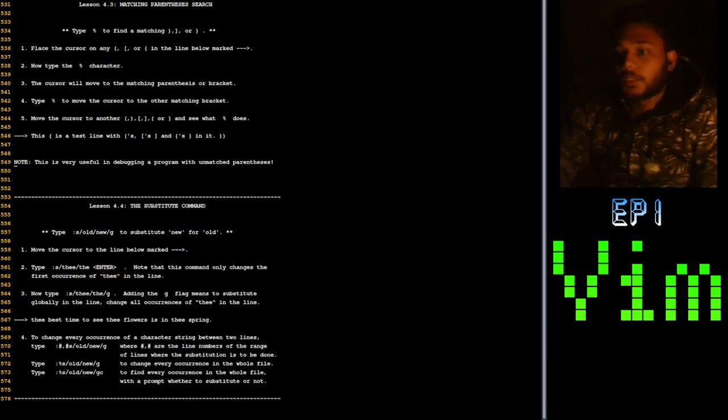Now the next chapter is matching the parentheses. So now here are the parentheses. If I want to jump to the matching parentheses, I'll just hit shift 5 or percentage sign, and this will take me to the matching parentheses. All right,